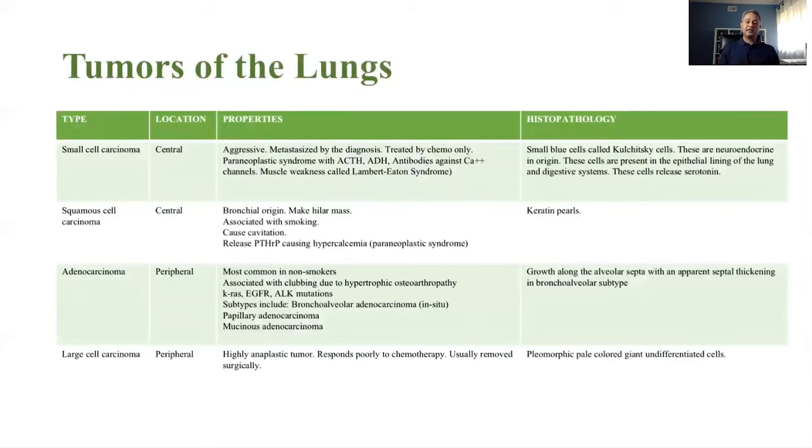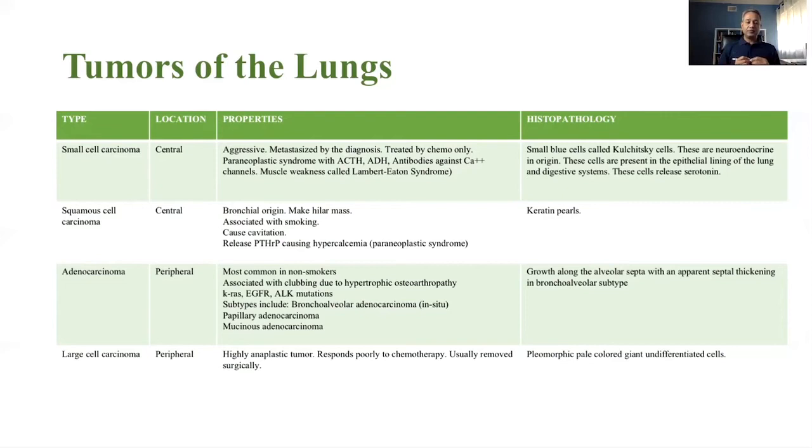Now here is a quick table. I would let you read this, but the important thing is that there are two basic classifications. The top row here is the small cell carcinoma. All the other three are the non-small cell carcinoma. You should also know that the small cell carcinoma and squamous cell carcinoma are both centrally located. So they are found in the hilar areas because they originate from the epithelium. On the other hand, adenocarcinoma and large cell carcinoma can be found peripherally. So that is important.